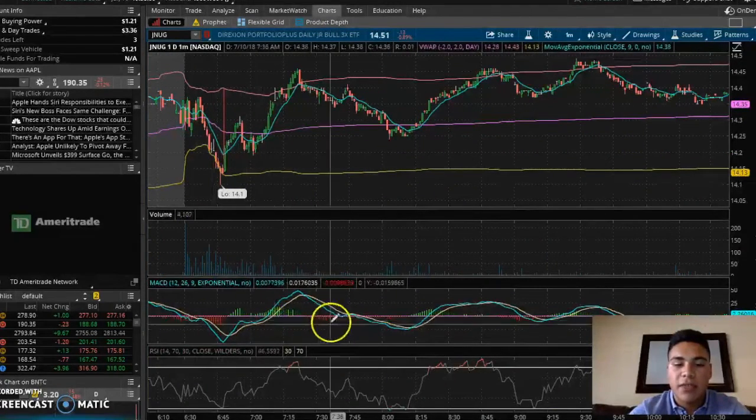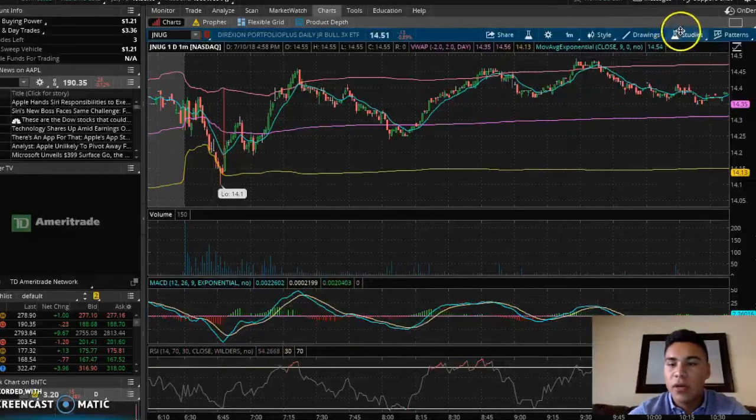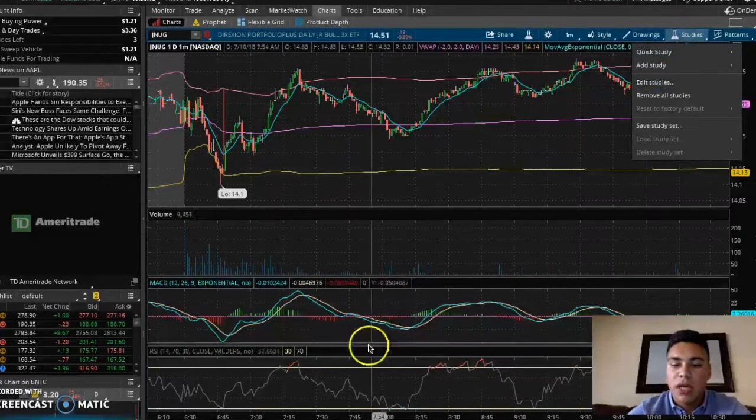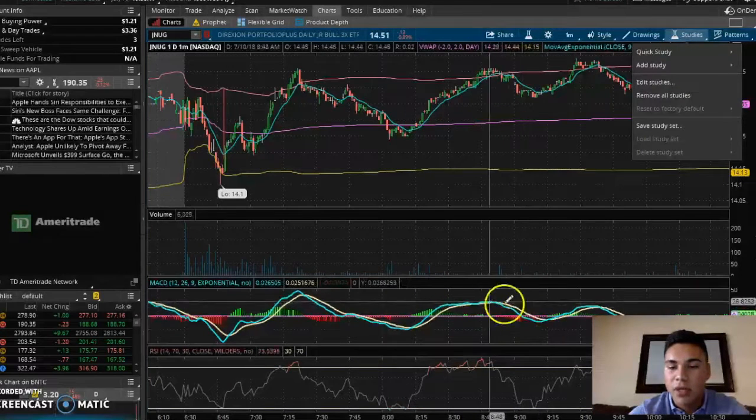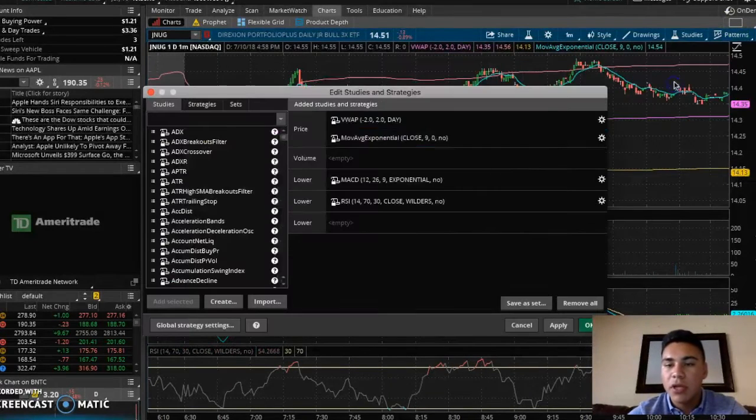So MACD is around here, right? Let me explain now. I'm going to go to the studies, and you see how it's just the lines and then a few green bars, a few red bars, and the price is decreasing and whatnot. So I'm going to go ahead and click on Edit Studies. I'm going to go over with my mouse on the MACD, and I'm going to go to this little tool,